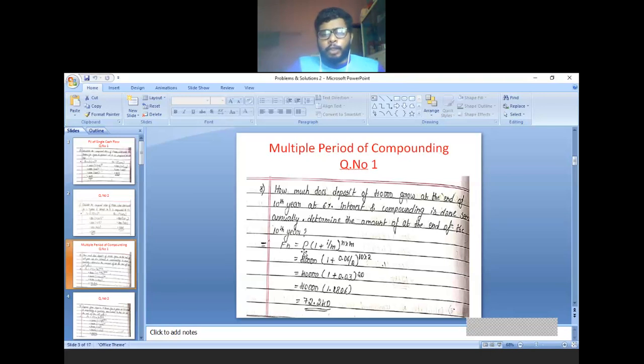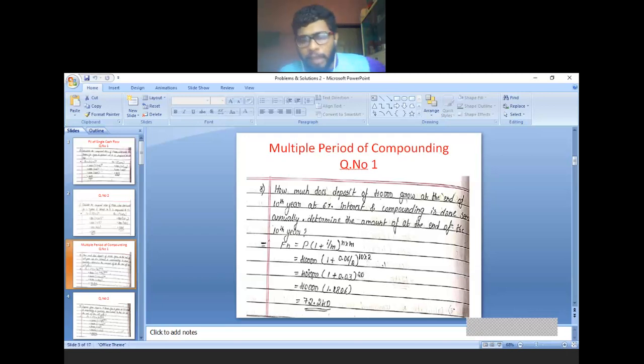That is Fn is equal to P into (1 plus i divided by m) to the power n into m. n is the number of years, m is the number of times of compounding. Here compounding is semi-annual, and semi-annually means 2. Try to understand. If quarterly is given, m is equal to 4. Now the present value is how much? Today you are investing 40,000 as a single investment, into (1 plus i). What is i? Rate of interest 6%. So 0.06 divided by the number of times of compounding, semi-annually, therefore 2, to the power number of years, 10 years, and the number of times compounding is 2.